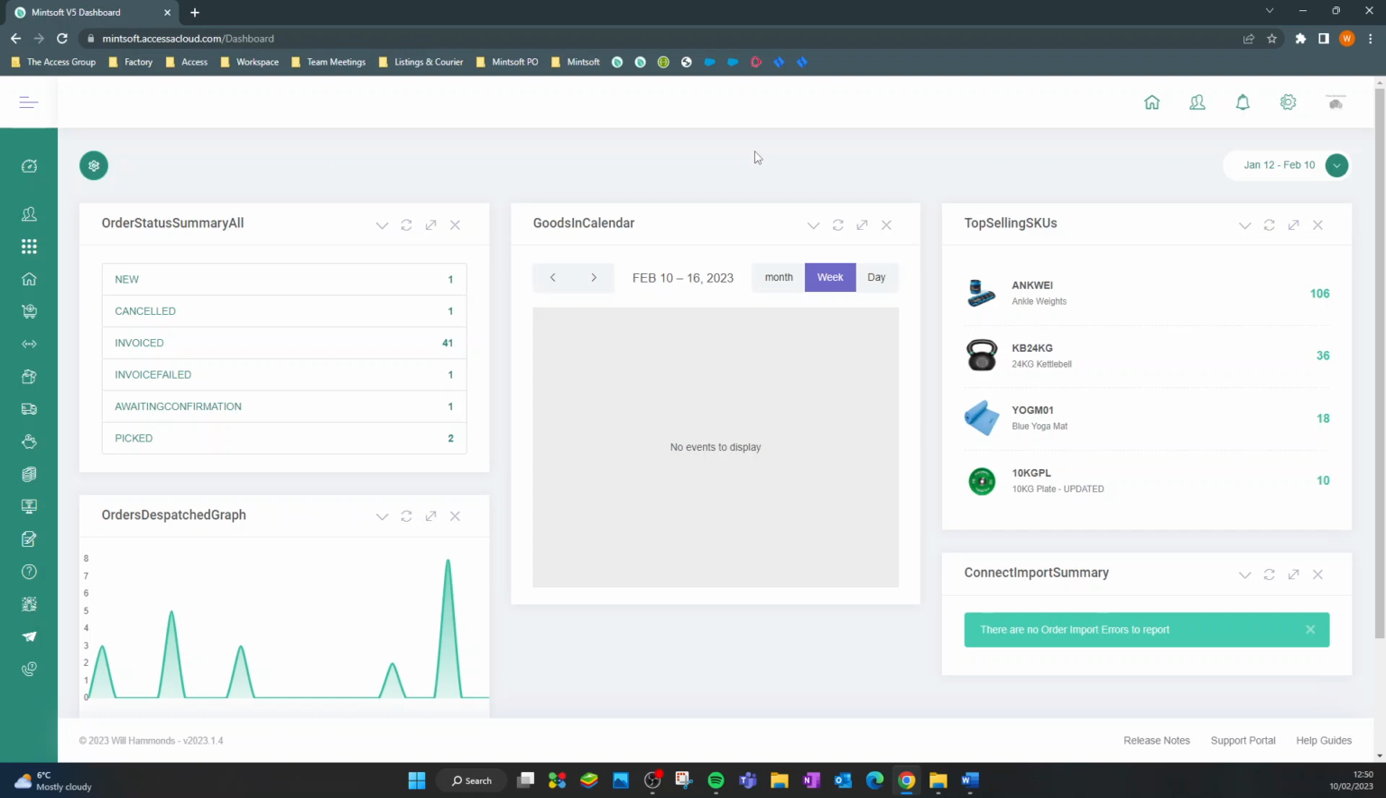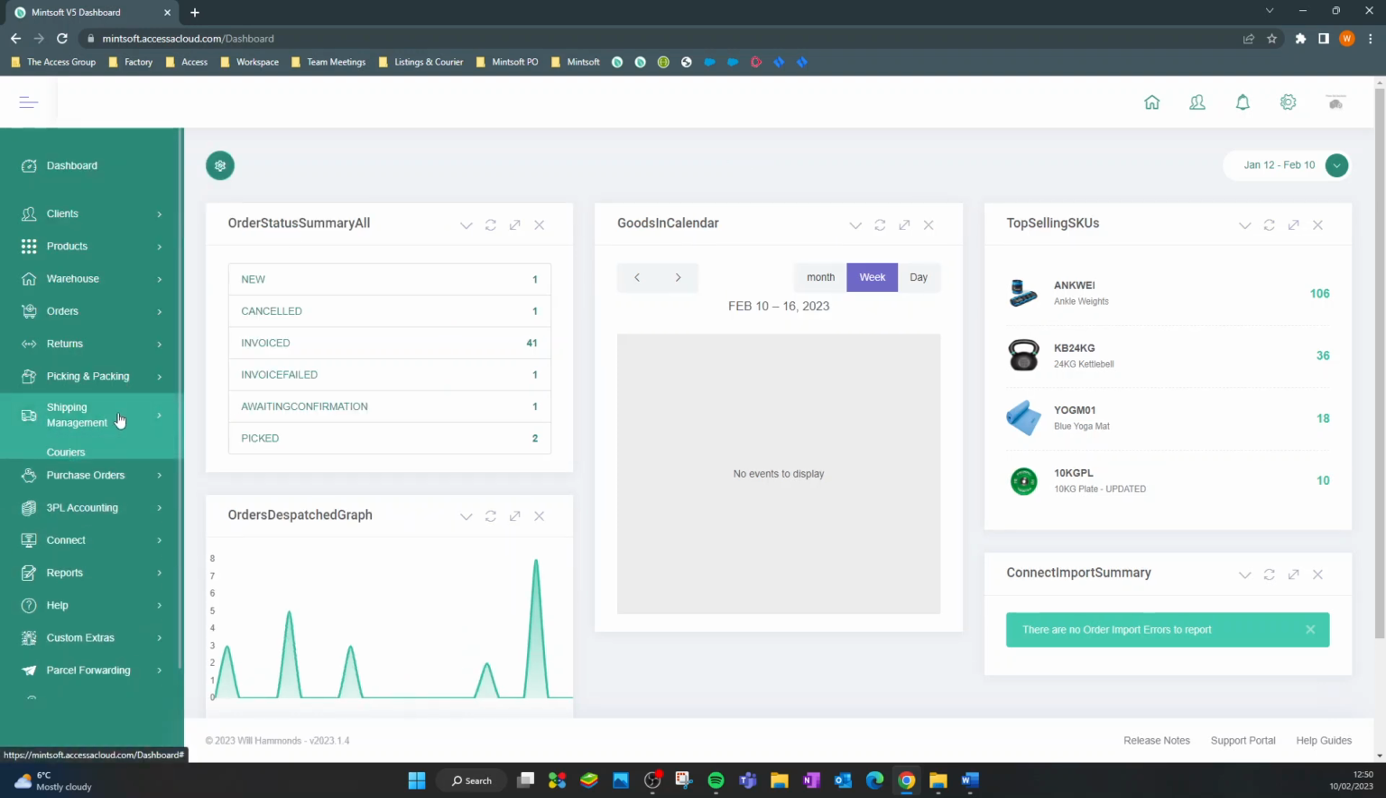Let's take a look at the courier logic on Mintsoft for helping to automate choosing a courier service for orders that have come in. If we go to the main menu and go to Shipping Management, our two main options here are Courier Service Selection and Courier Service Mapping. Courier Service Selection uses weight, value, and country-based rules to set blanket rules for pulling orders to a particular courier